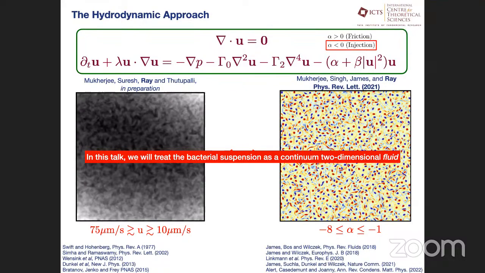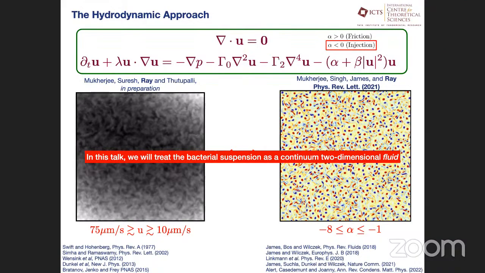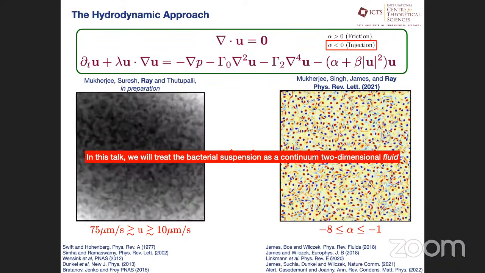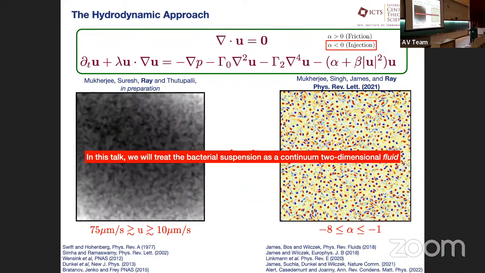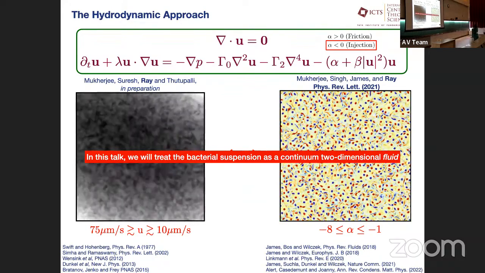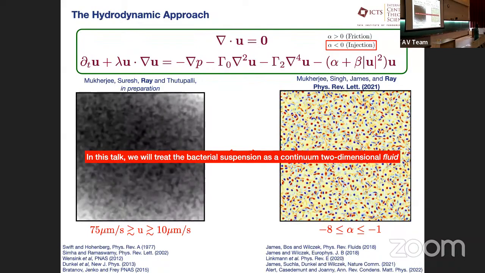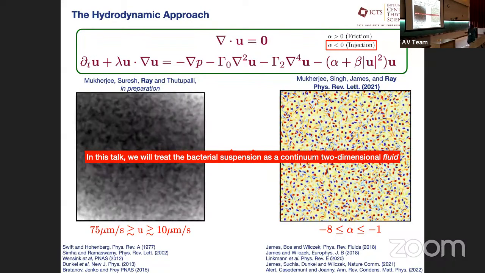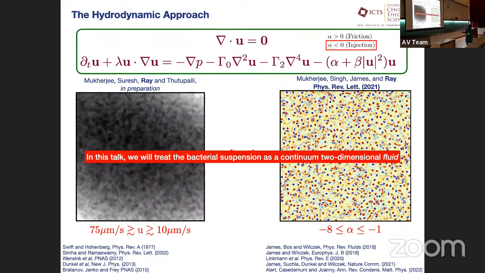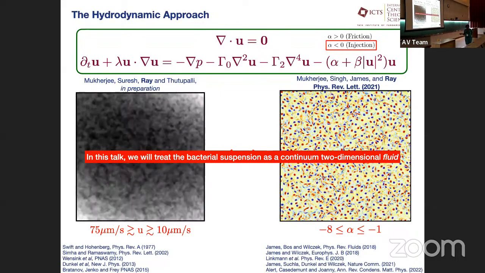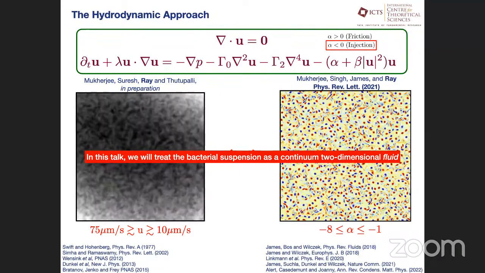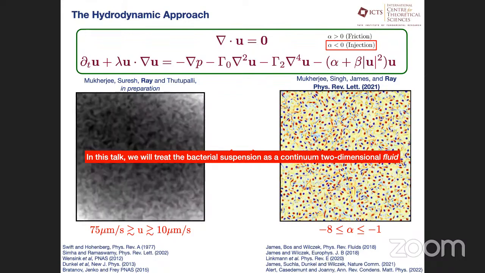And just another question. The video which you are showing is the video from the bulk, no? So edge is not there in this, boundary is not there. For the simulation, we will do what all good turbulence people do. We'll use periodic boundary conditions, which is code word for saying that you're looking at the bulk. For this movie from our experiments, this is still far away from the edge. I think you're right. Yeah. Okay. Thank you. You don't see the edge.